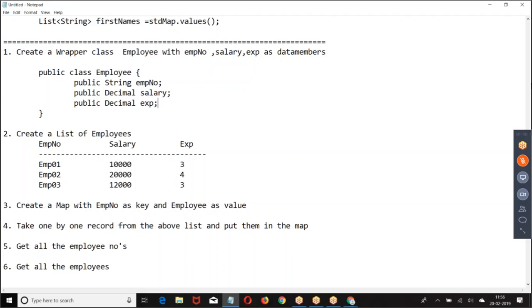You can take integer or decimal because all my values are integer values only. So you can take integer also. It's your choice.